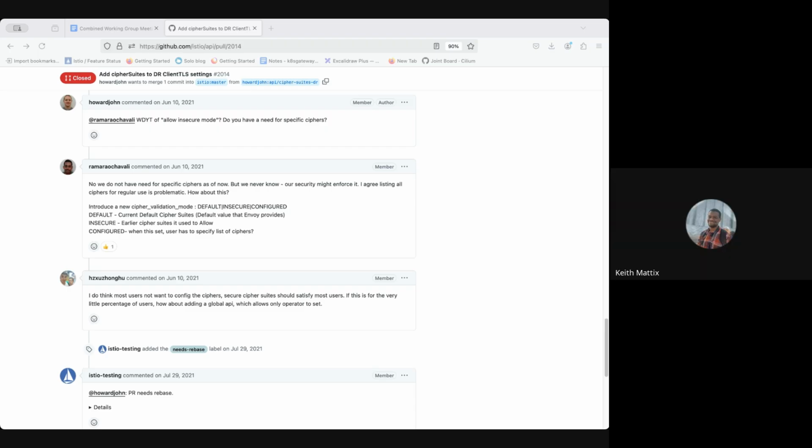To take what you just said, Carsten, and put it in a different way, if I understand this correctly, I don't think that this is even implementable in ambient because Ztunnel doesn't read this. And because it's client side, the only clients we have right now are Ztunnels, unless you go through an egress gateway, which would be the only way of enforcing this. So I don't know that this would even be possible to implement in ambient, and our current policy is: if you can't do it in ambient, we don't want to. If it can only be done in sidecars, we don't want to do it. Is that maybe a useful lens to look through this?